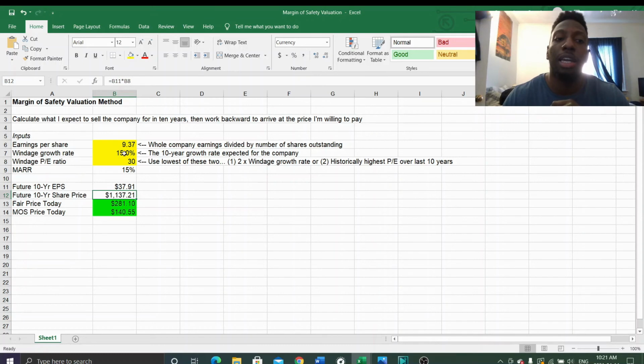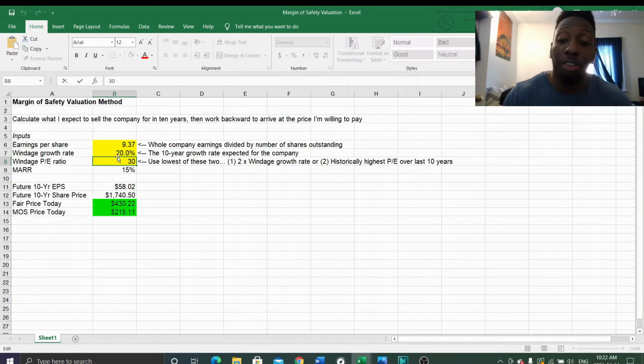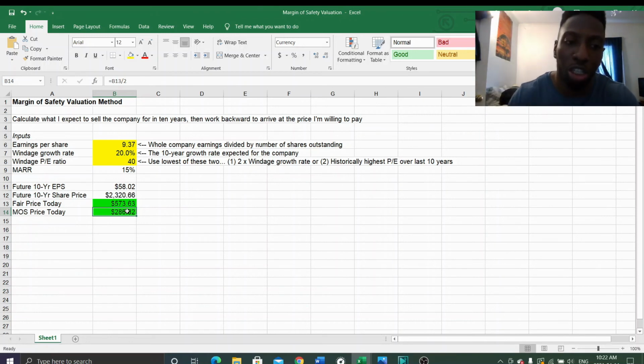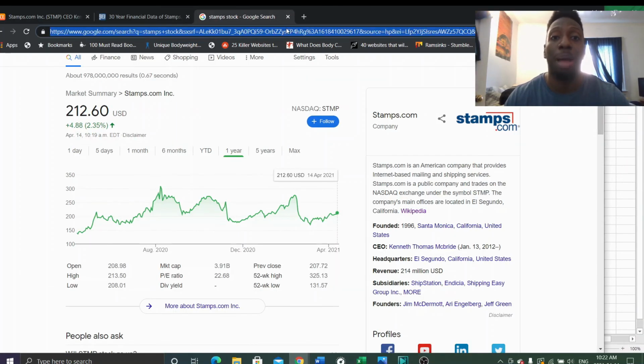Let's see if it grows 20%, which the company has been doing, guys. It's been growing at 20%. So that is another feasible thing. The stock price in 10 years would be $2,300, a fair value price at $573, margin of safety at $286. So if you are assuming this company can grow at 20% and sell at a 40 PE in 10 years, that's how much you can buy the company for. So these are not crazy estimates in my mind from what